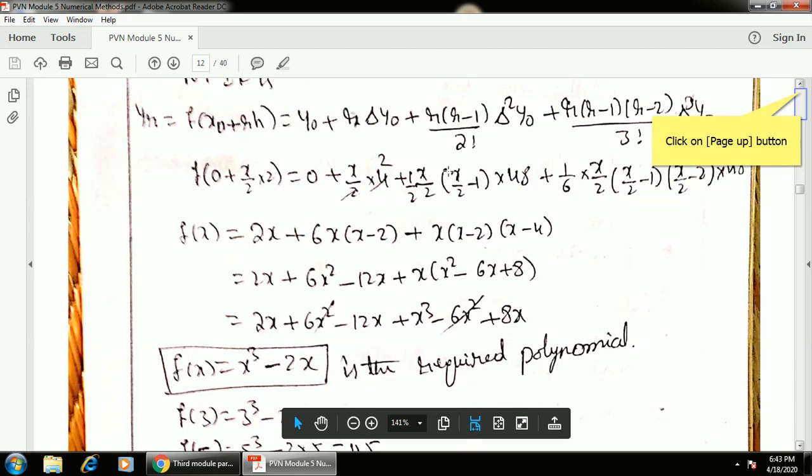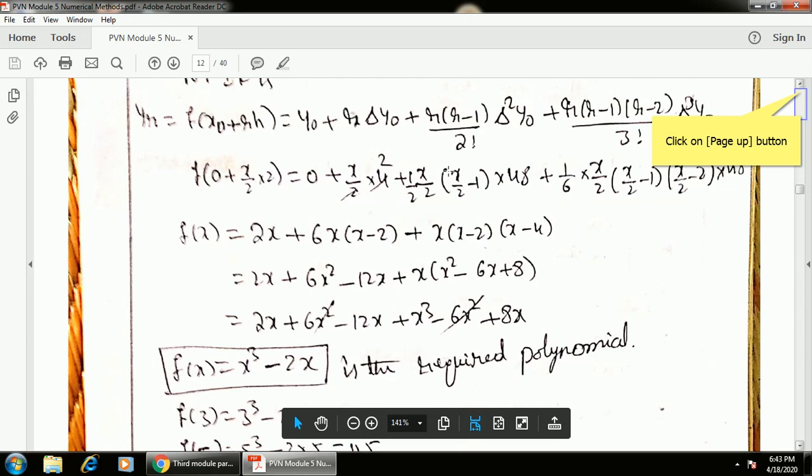Okay, that is equal to y naught I substituted, r substituted delta y naught, r minus 1 by 2 factorial. Look at this, while substituting like this, 1 by 2 factorial, first I have written it as 1 by 2, plus r is x by 2, r minus 1 is x by 2 minus 1, into delta square y naught 48, plus 1 by 3 factorial is 1 by 6, I have written it first, r is x by 2, r minus 1 is x by 2 minus 1, r minus 2 is x by 2 minus 2, into delta cube y naught 48.